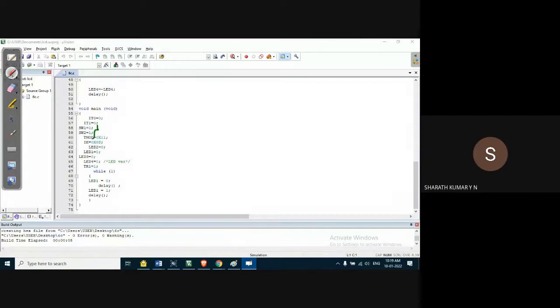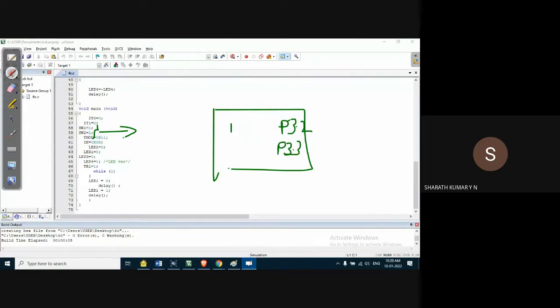Switches to start with are set to 1. Set to 1 means it is initialized as an input port, so that by default the input switch condition is 1. These switches are connected to P3.2 and P3.3, that is interrupt 0 and interrupt 1. Since these are active low pins, if they are set to 1 by default to start with, they are inactive. That means it will not generate interrupt. If it is set to 0, it will start generating the interrupt. So better to set it to 1.